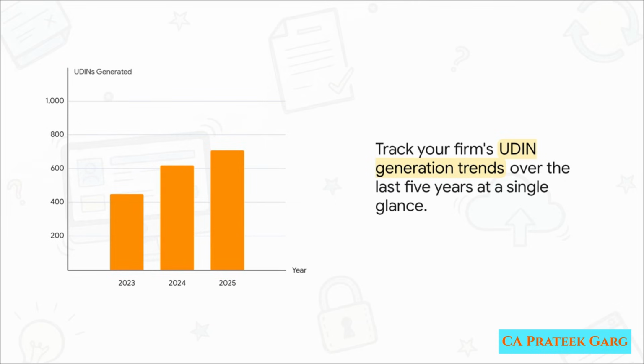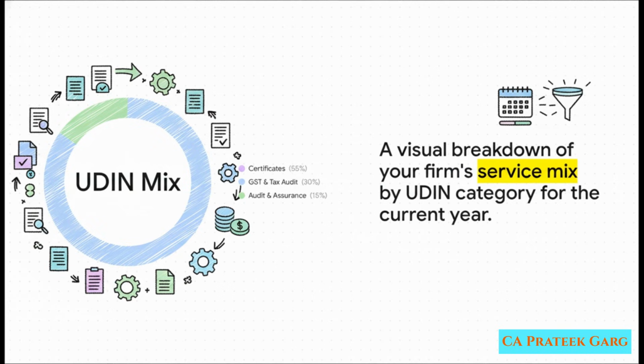This bar chart here, it instantly shows you your UDIN generation trends over the last 5 years. You can see your volume, track your growth, all just at a glance. It's pretty powerful stuff. And this donut chart is brilliant. It gives you a quick visual breakdown of your firm's service mix. You know, how many UDINs are for audits versus certificates, and so on. And the best part? You can filter all these charts by any date range you want, giving you some really